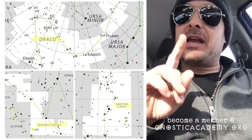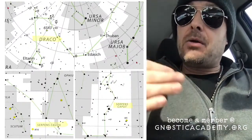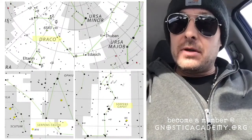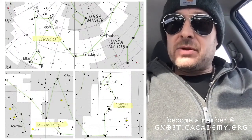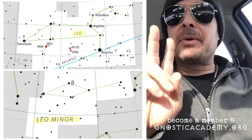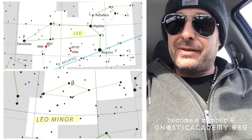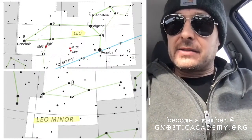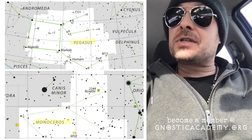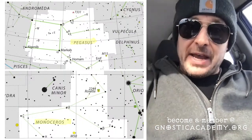2 of every kind, of course, we have the snakes. We've got Serpens Caput, Serpens Cauda, which is the constellation Serpens, the 2 aspects of that. And, of course, we have Draco the dragon, which is another serpent, so 2 serpents after its kind. Of course, we got to bring lions aboard the ark, the Argo Navis, and that's, of course, Leo Major, if you will, and Leo Minor. There's two lions that are aboard that ship, and we got to remember to bring the horses, the celestial horses we have to bring,